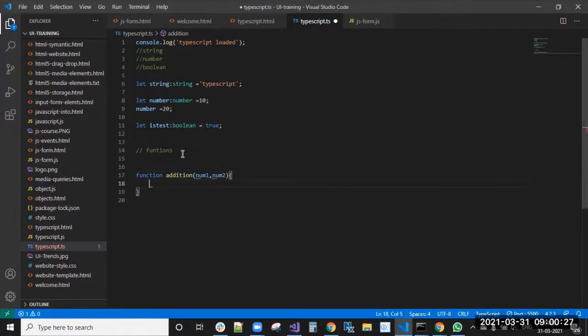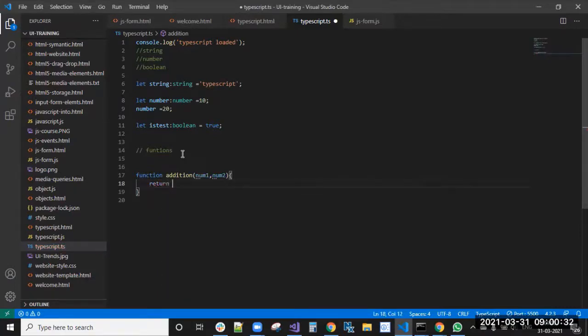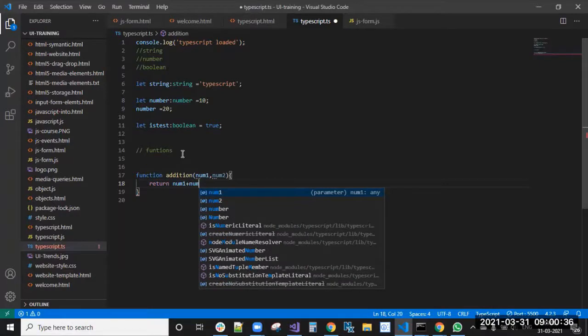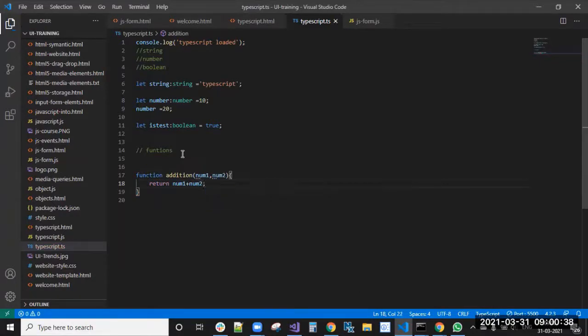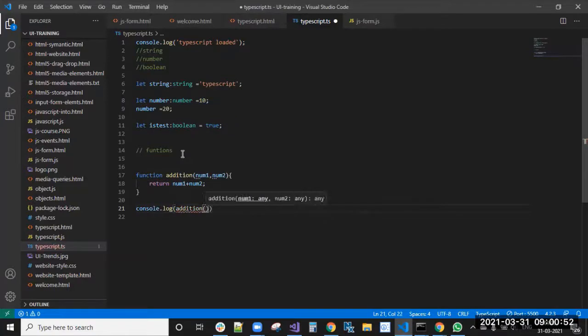What will it return? num1 plus num2. Okay. So console.log of addition, and we can pass 1 comma 2.